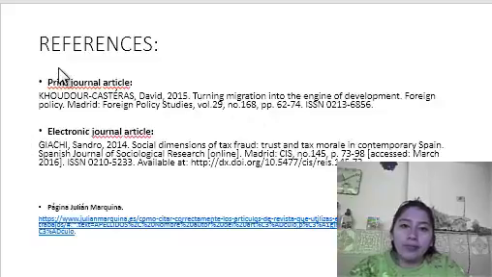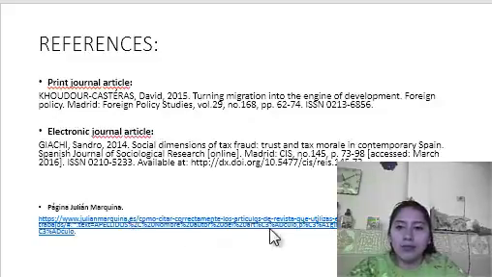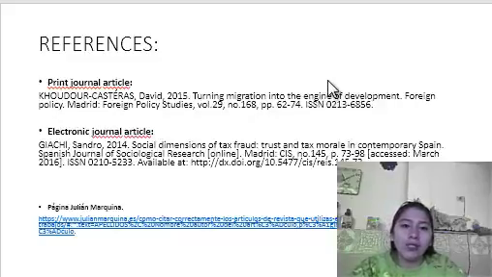I have taken two examples from Julian Marquina's page, and I add the link in this part. In the print journal article, we reference in this form: last name, name of the author of the article, year of publication, article title, journal title in italics, place of publication, editorial, journal volume, journal number, pages covered by the article. And in the